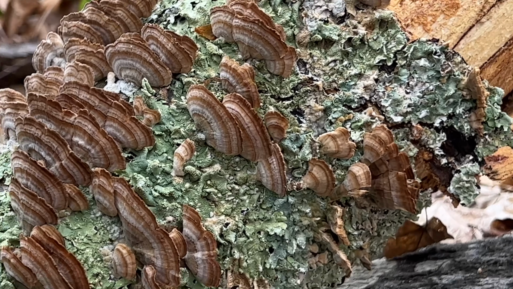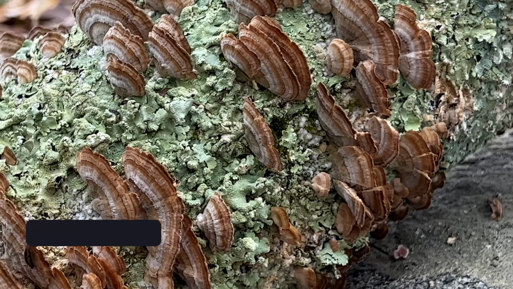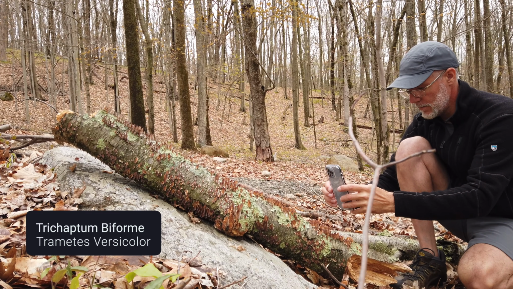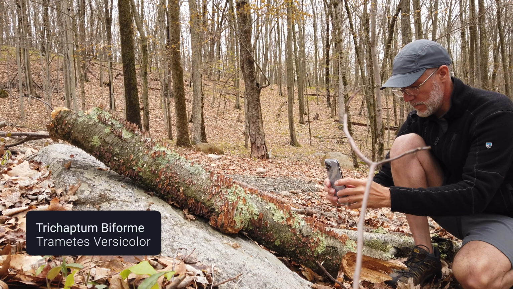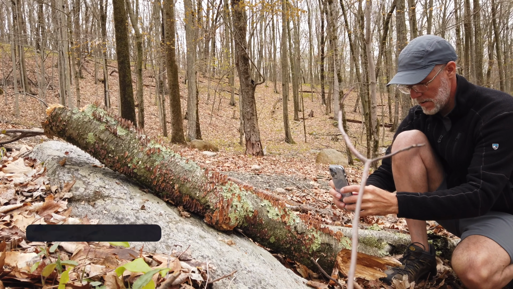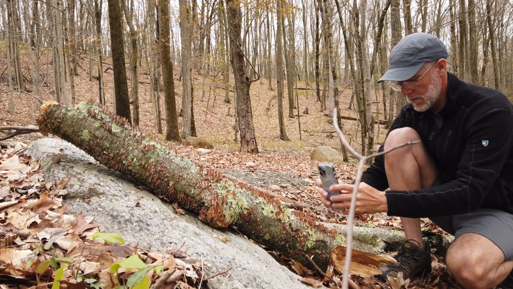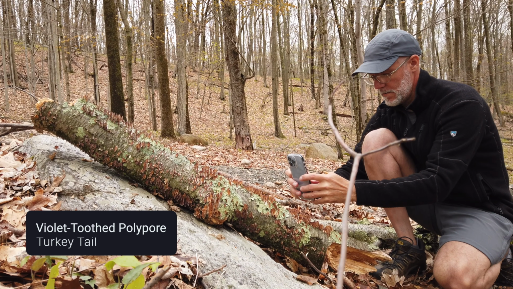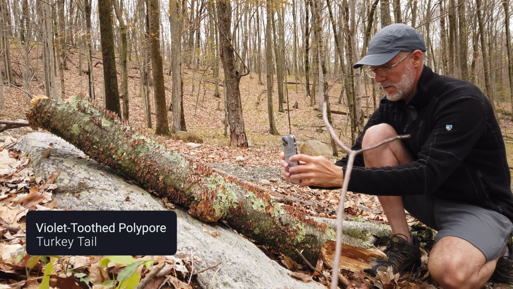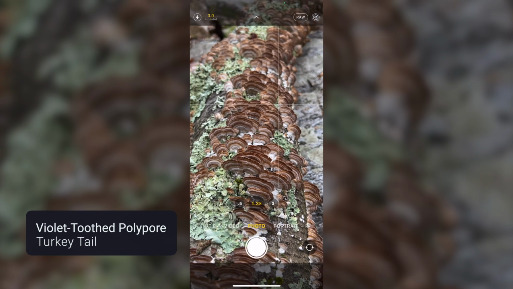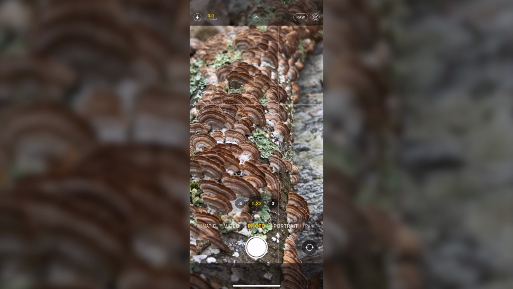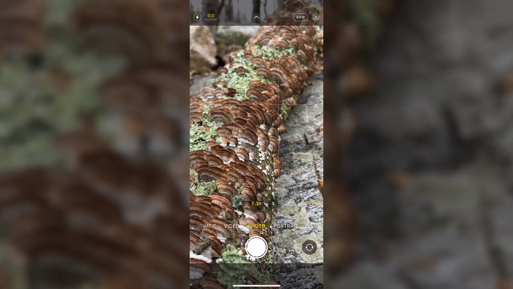In my limited research, I came up with Trichaptum biforme or Trametes versicolor, which I'm probably mispronouncing. But then there's different types like a violet-toothed polypore, turkey tail, a false turkey tail. Oh my! At this point, the rabbit hole began to go deeper, and I was more mesmerized by my subject,